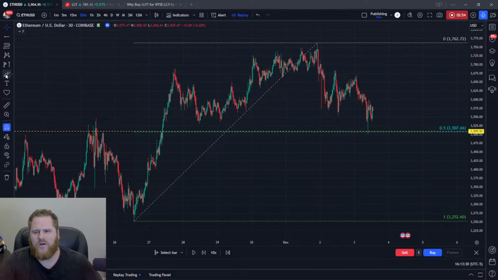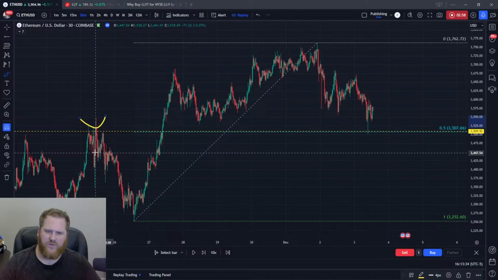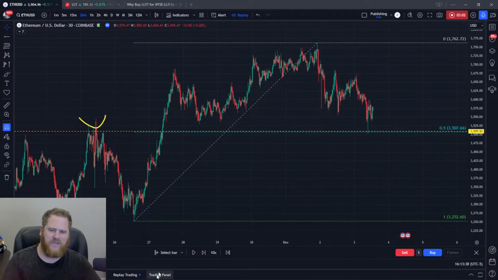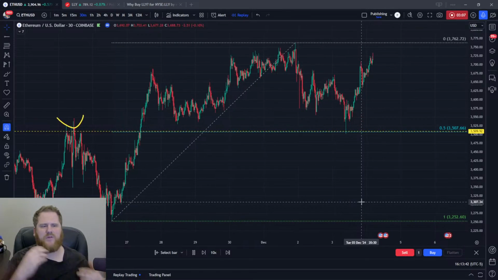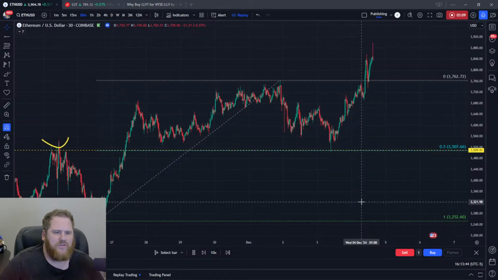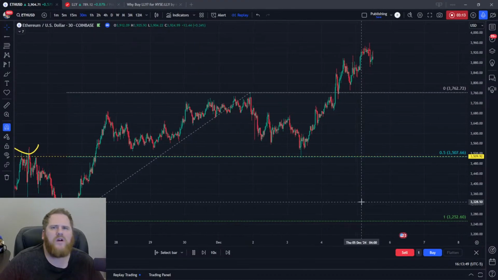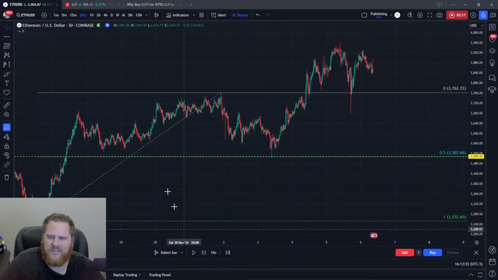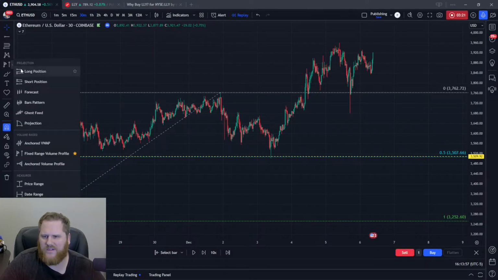You can also see where this level functioned as resistance back on November the 25th. But here this trade is on December the 3rd, and it worked out quite well. So onward it goes, we go up. I typically want to take some profit as it goes to that high, maybe a little bit higher, but then I'm going to leave a small contract on, or a little bit of a position on, and I'm going to keep my stop essentially the same. And you're going to see why in just a second.